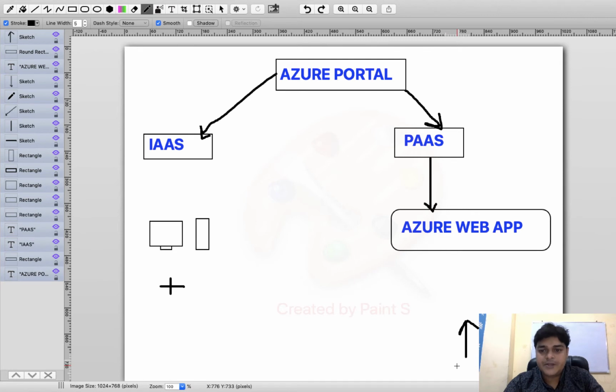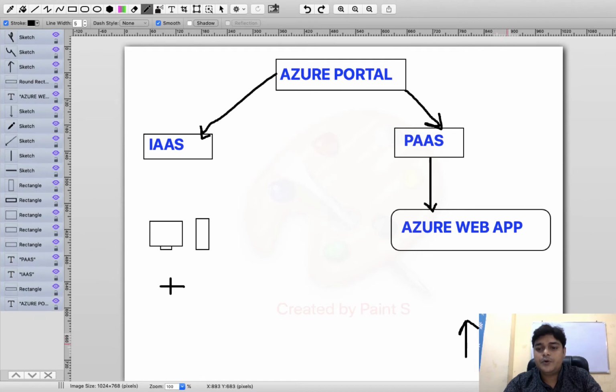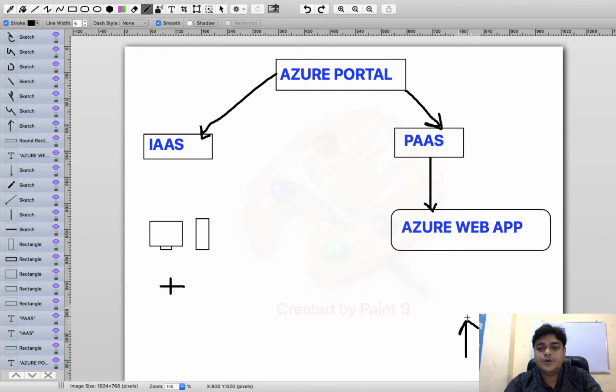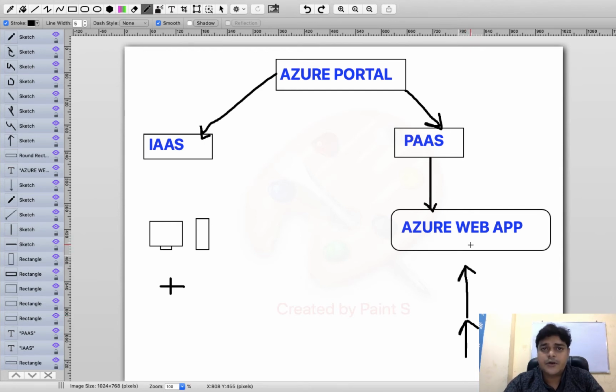Just upload your on-premises data that you have. I'm talking about the PHP website that you have on your pen drive or local machine. You just need to upload it, right? You need to upload your .NET or PHP or Java or Python based website to your web application, and associate your web application with any domain name and access your website from worldwide.